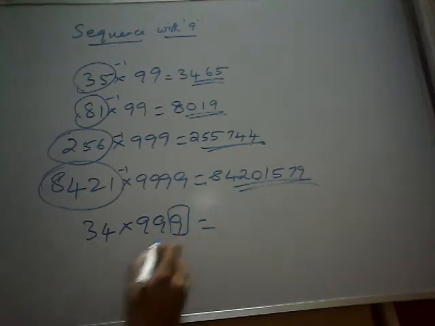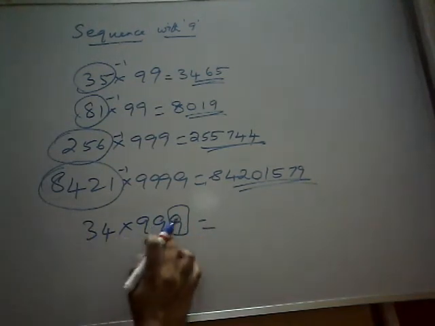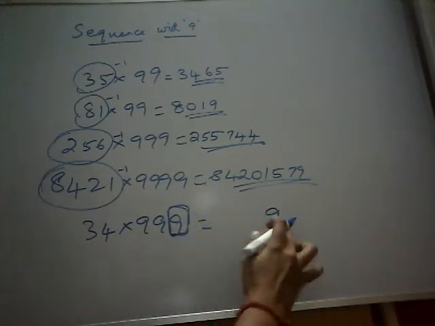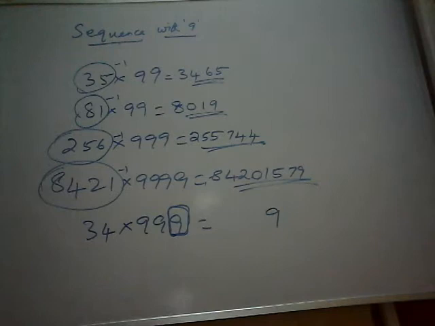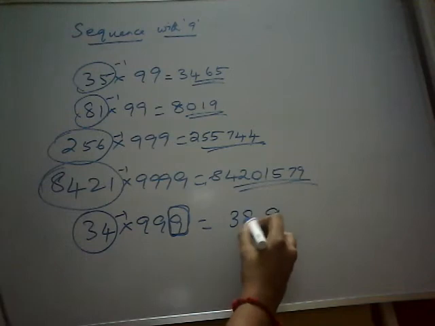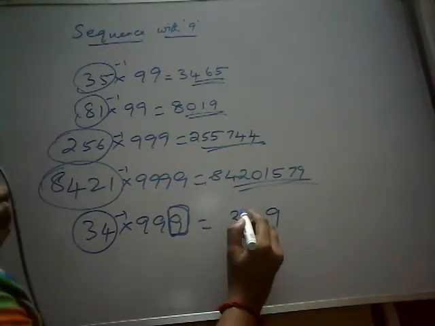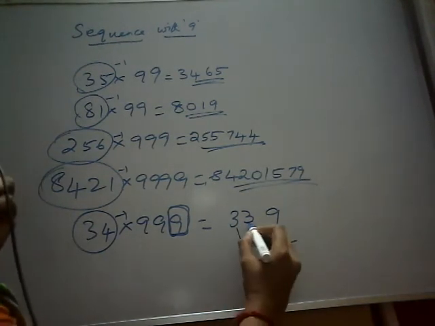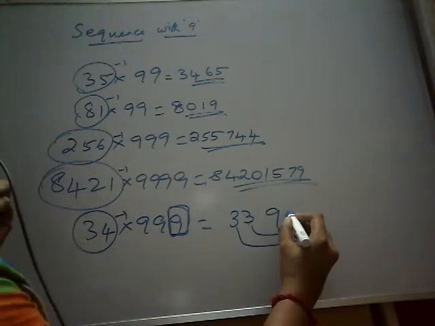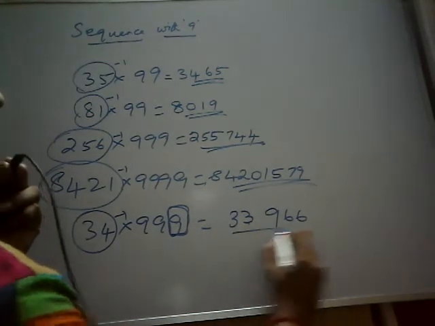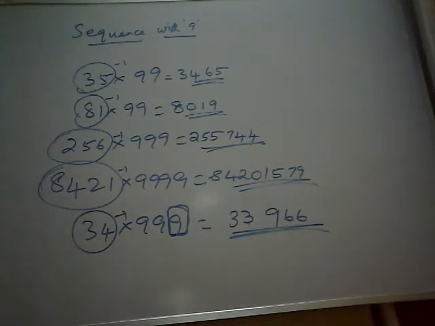For this, there is another shortcut method. How many digits is it increased by here? It is 2-digit by 2-digit, and if you have one more digit 9 extra here, what you have to do is write that extra 9 in the middle, and then follow the same procedure. 34, subtract 1 first and write 33. Then after this 9 you proceed the same way, subtracting each digit: 3 from 9 is 6, again 3 from 9 is 6. So 33 9 66, that will give you the answer for the sum.